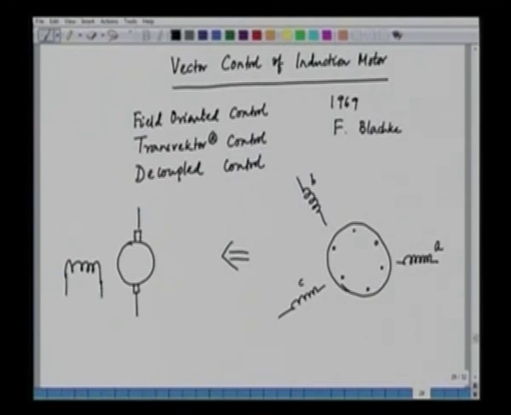We have the armature current IA, and we have the field current IF, and these 2 currents are orthogonal to each other. This is the axis, and we can call this the D axis. This is the Q axis, and this angle is 90 degrees. And we know that the torque is given by a simple expression like K into